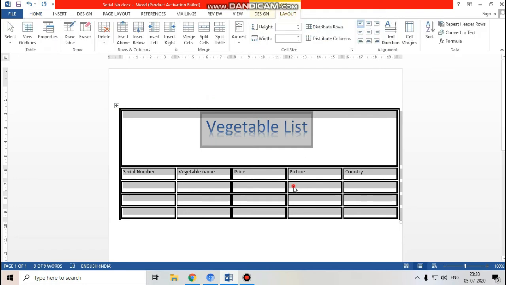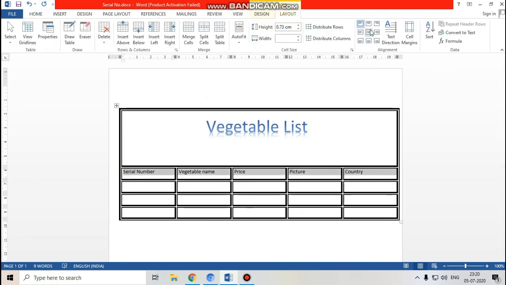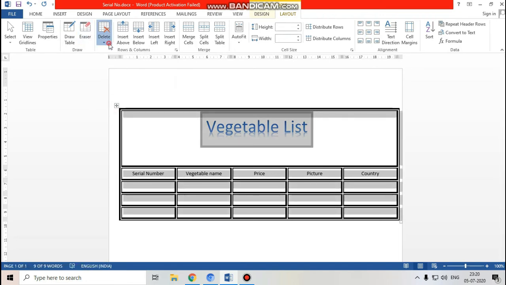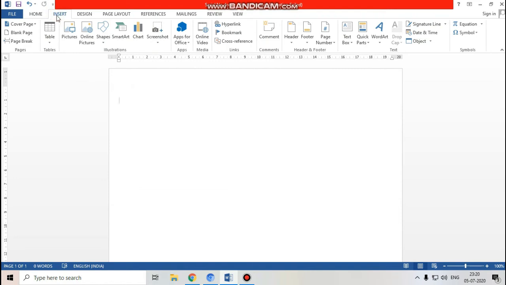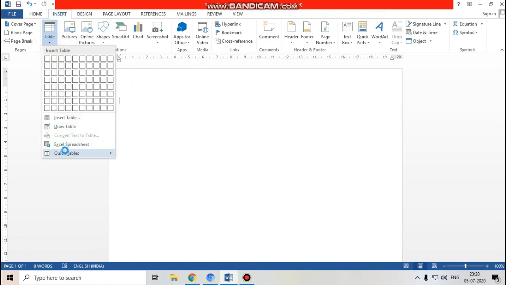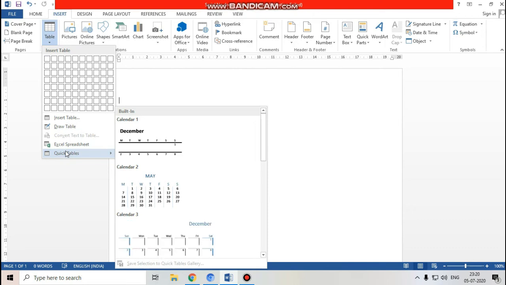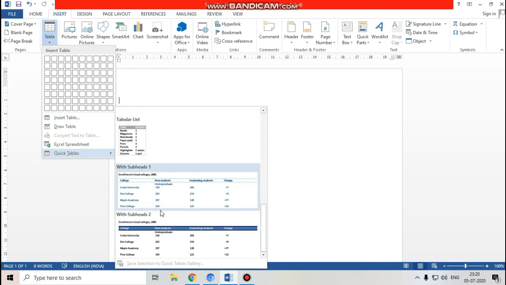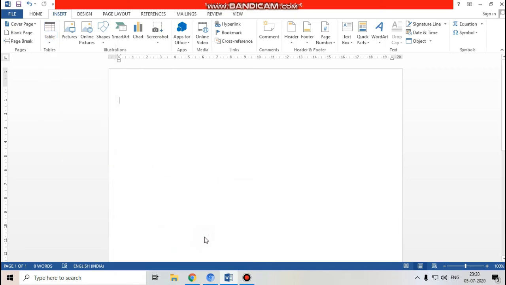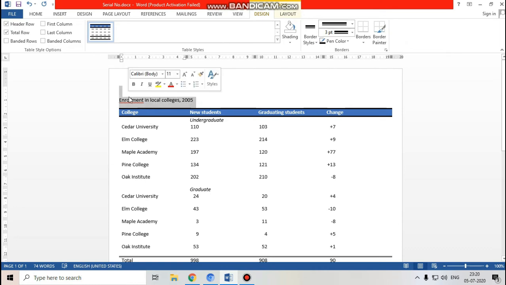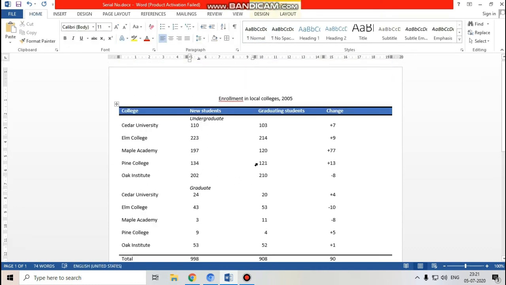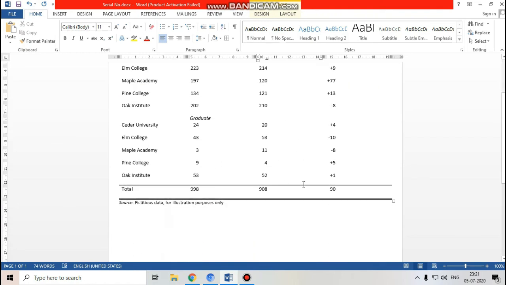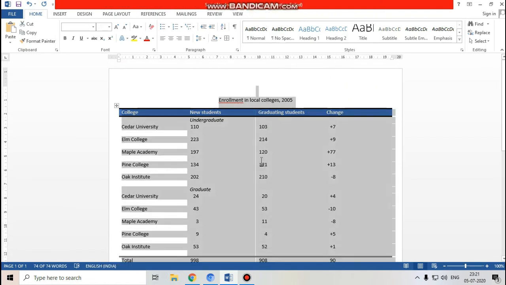Layout option: select all, use this option, center. Okay, suppose I'm going to delete it: select, delete. I'll show you one last thing here. If you want ready-made tables, bani banai, you have the quick table option. In quick table you get ready-made tables already. Everything is ready-made, so you only have to choose. Here you have to change the numbers only. So these are ready-made tables. It is up to you whether you want these or want to create your own.